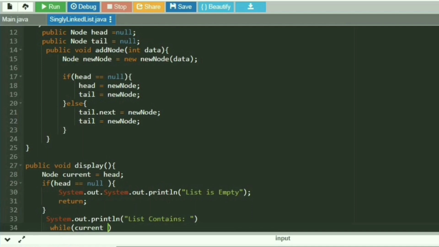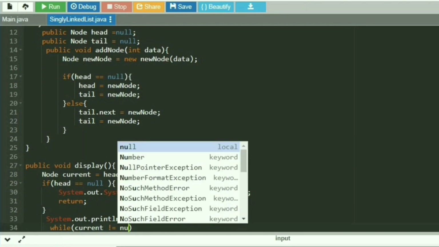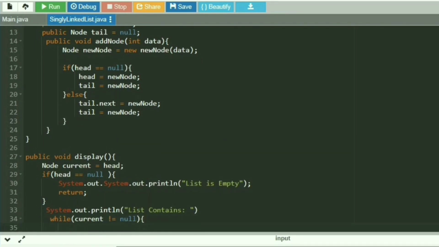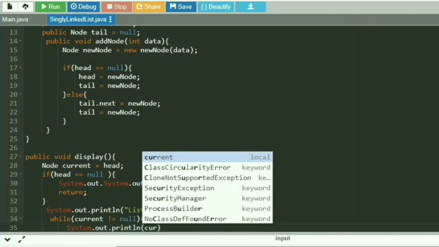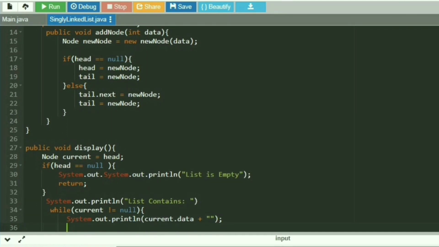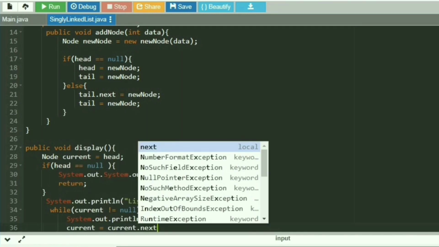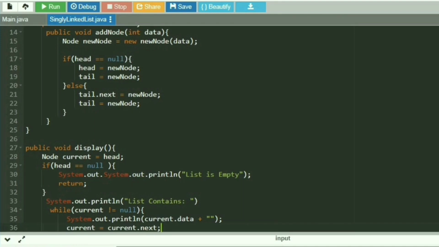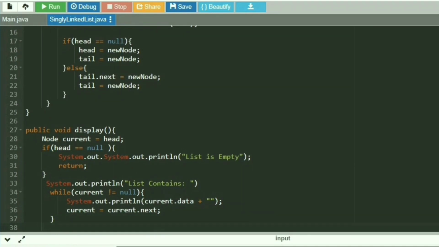So till the time current is not equal to null, what we're going to do is System.out.print the data which is there in current, and we will assign the next value to current. So this is how you loop through the list and print your values.